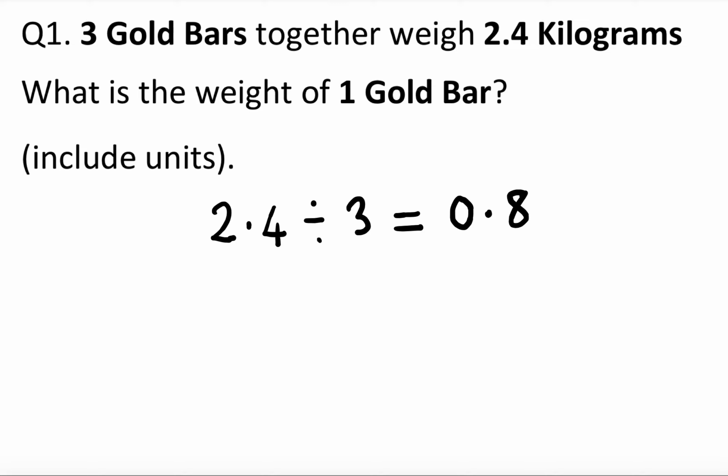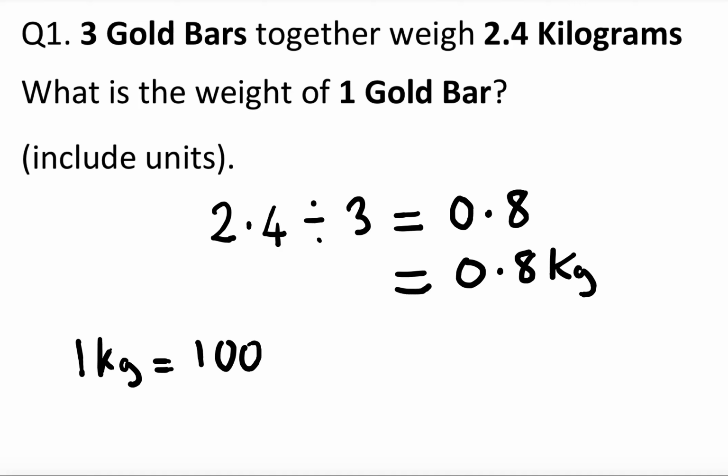0.8. So the answer is 0.8 kilograms. And if you wanted to put it in grams, you know that one kilogram equals 1,000